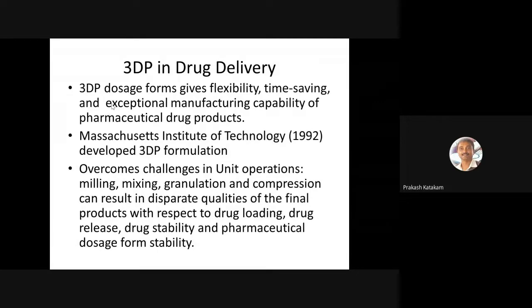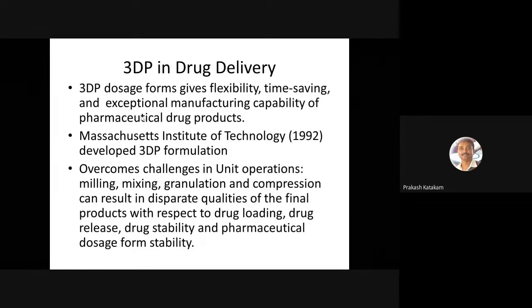In drug delivery, tons of research has been going on from 2012 onwards. The main advantage of 3D printing in drug delivery is that it will revolutionize the manufacturing process. The first point is, usually the tablets, syrups, capsules, all those dosage forms, are made in batches. Batches means they will prepare 100 kilo now, and tomorrow they will prepare another 100 kilo or 50 kilo based on the need. But using additive manufacturing or 3D printing, it could be a continuous process. That means 24/7 you can prepare tablets. That is the first advantage.